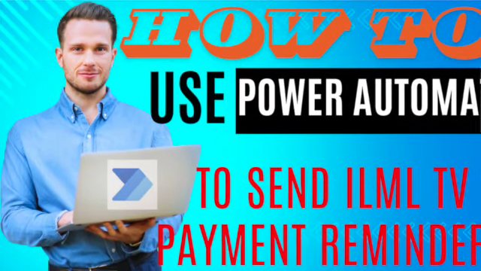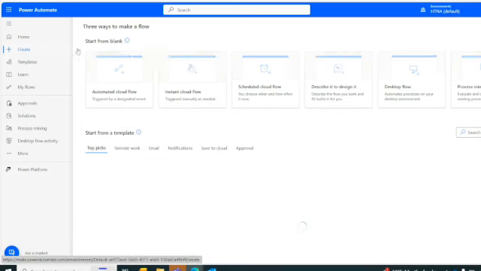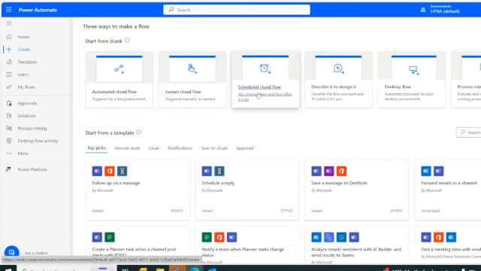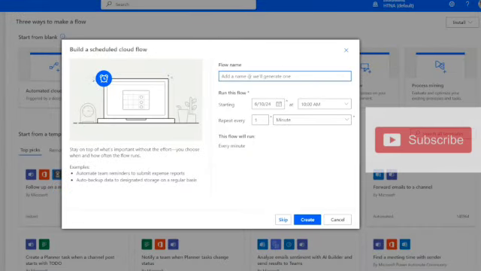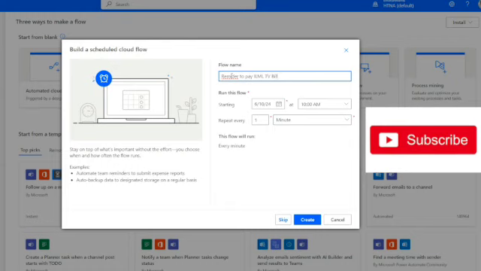When that's open, just simply hit Create, and in this instance we're going to choose the Scheduled cloud flow. A window will show up giving you an option to rename the flow. So we'll name this reminder to pay ILML TV bill. Okay,